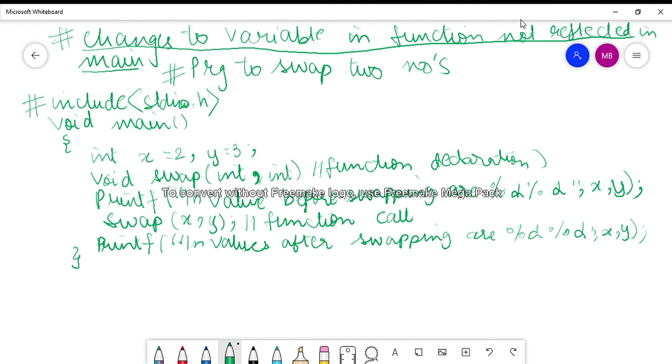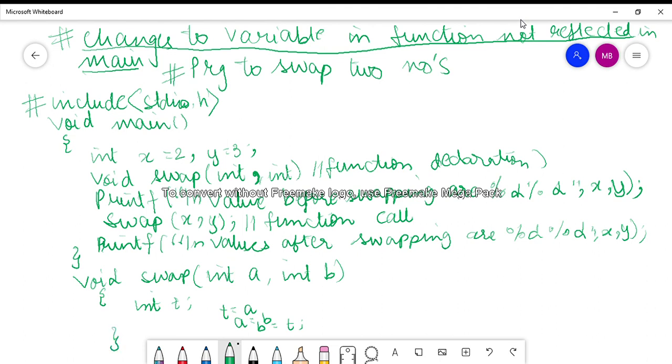Now if I talk of the function which will be doing the task of swapping, void swap. So I do the swapping within this function, then I say int a and int b. So int a and b are my formal arguments. Now I declare a variable t. Now how do I do the swapping? I say t equals to a. That means t will store the value of a. Then a will be given the value of b. b will be given the value of t. And then I finish swapping.